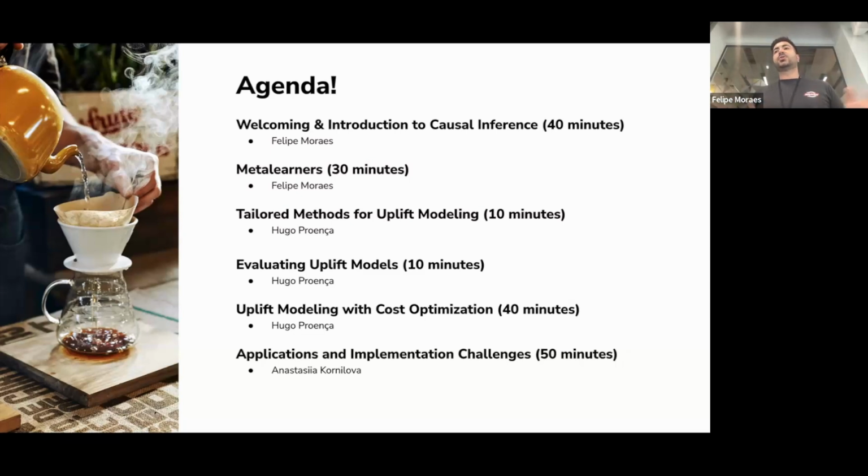And next, Hugo is going to take my place, and he's going to talk about tailored methods for uplift modeling, evaluating uplift models, and as well the cost optimization in uplift modeling. And finally, in the second part of this presentation, Anastasia is going to talk about applications and implementation challenges of both uplift models, but also other personalization methods we have.